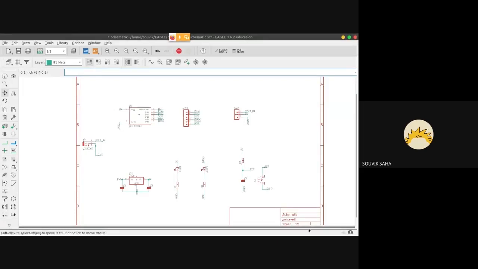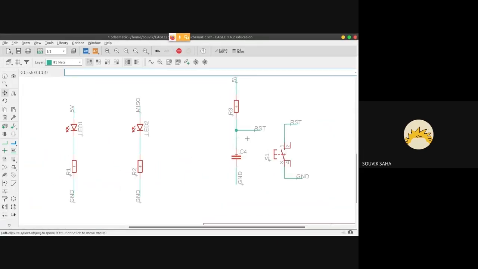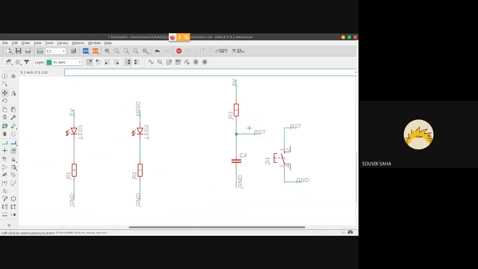The capacitor is used so that the reset pin can't be in a floating state as well. It ensures that the reset pin is always pulled up to 5 volts whenever it is not pressed, and when it is pressed, it ensures that the reset is only pulled down to ground.